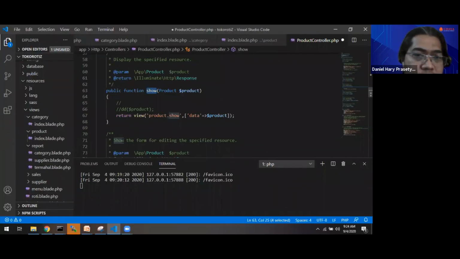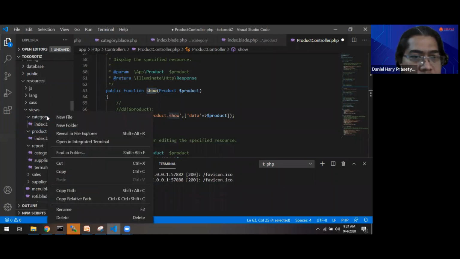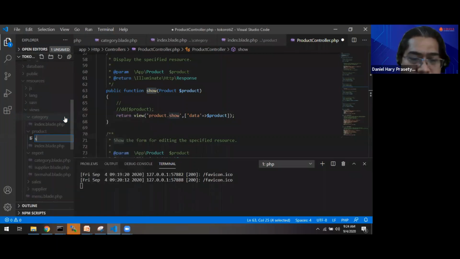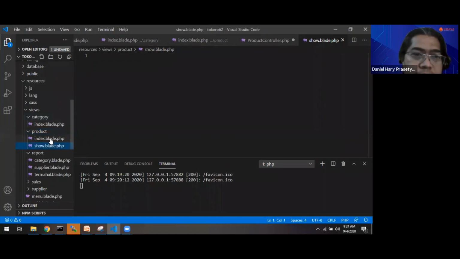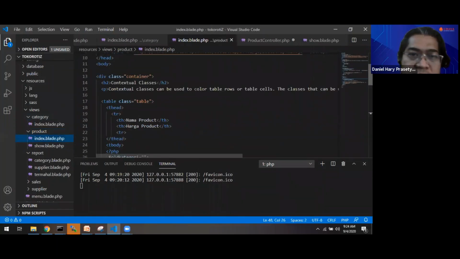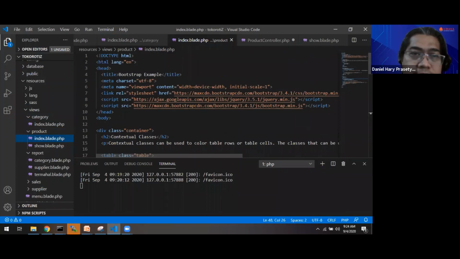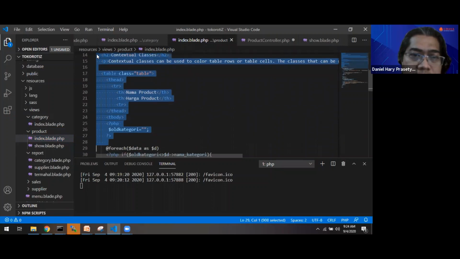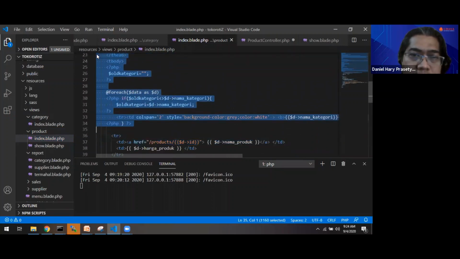Okay. Then we create the show.blade.php. Maybe just copy it from here. We do not need to loop with foreach because the data is just one.